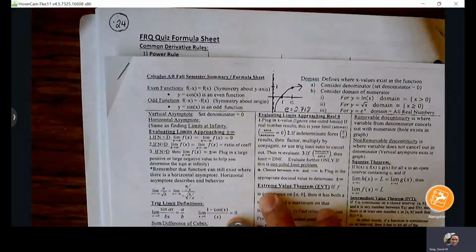I'll give you this summary sheet so that you can have it as reference. I grouped it so the first 2 pages are the fall semester review, and the 3rd and 4th pages are the spring semester review. And also some students have asked about